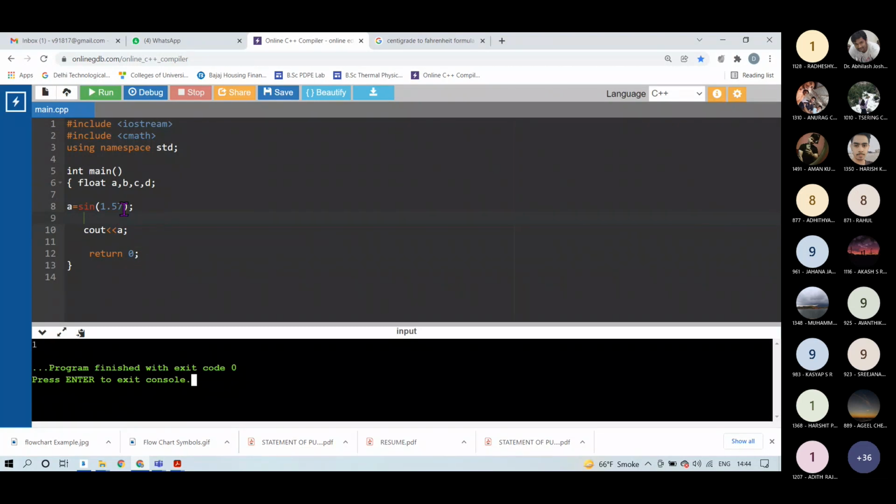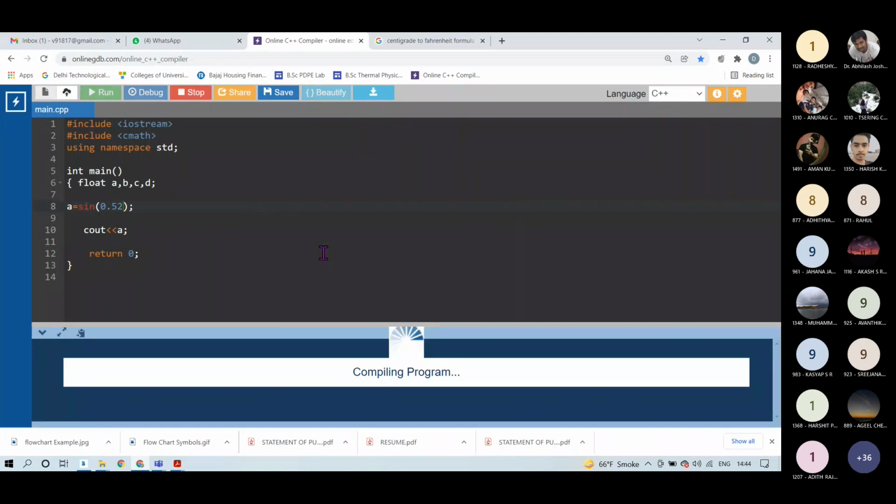Right. So if I want another simple value, sine 30, sine 30 is 1 by 2, that is half. Okay, 30 degrees is pi by 6. So pi by 6 will be 3.14 divided by 6, which is 0.52 something. So if I operate sine on 0.52 something, then it should return me 0.5.